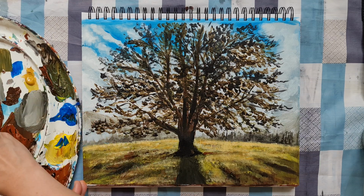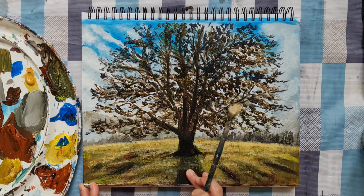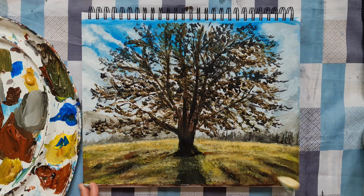I'm gonna dab onto my green just to give it again some sort of greeny color, because I think we need a lot of highlighting. So just play with it. The more you play with it, the more natural it will look. And again, touch also on the shadow part, because while it is the shadow part and it should be dark, it is not absolutely dark. Remember that. Okay, like this. I really, really like this. Okay, now